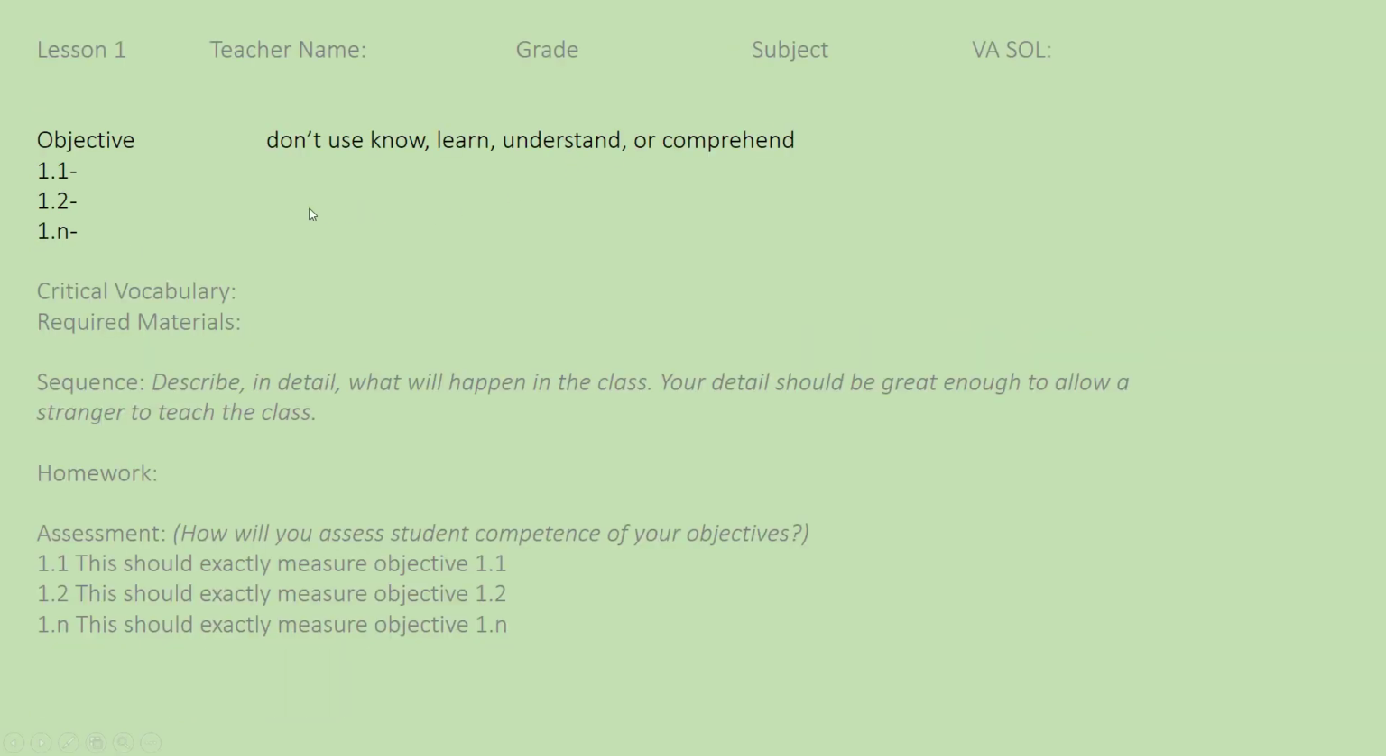Then you write the one or more objectives you have for your lesson. This is what you're trying to have the students be able to do as a result of your instruction. You don't use the words learn, know, understand, or comprehend. Those are hidden cognitive functions inside the brain. The student can't do those for you, so you can never assess those words. The student will be able to do something to show you that they've known or learned, understood, or comprehended your objective. So use the